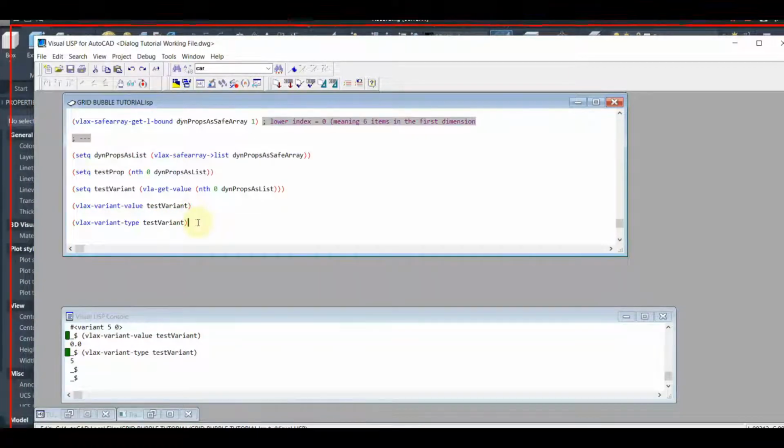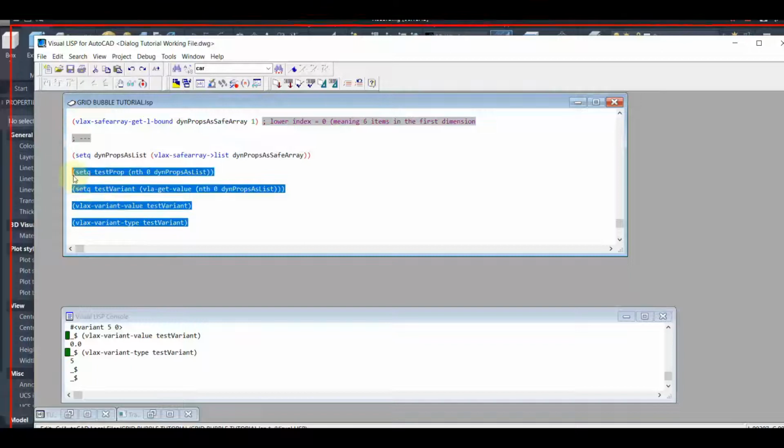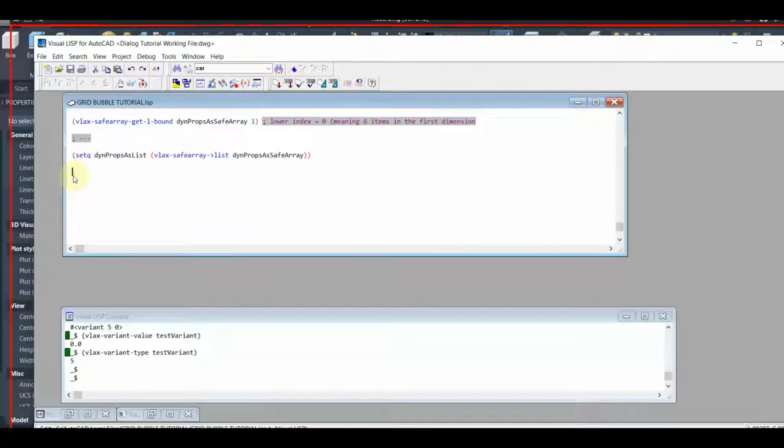So I think I'm going to get rid of all this. I'm going to do a mapcar lambda, this time item. Name this anything you want. Just keep the name the same throughout the lambda expression. So if equals VLA